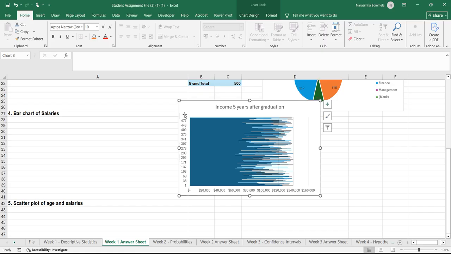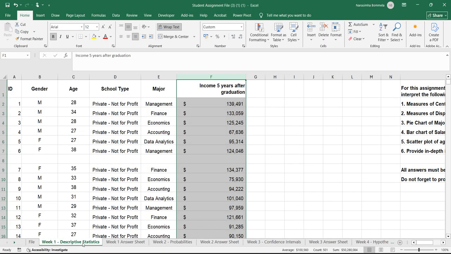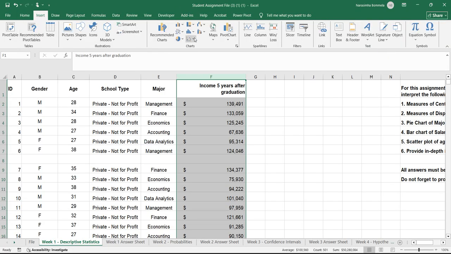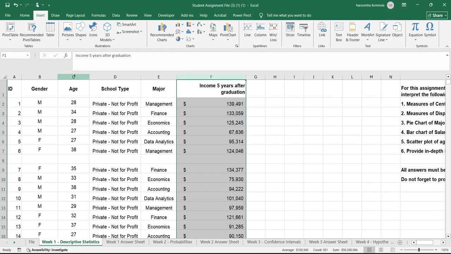So we need to calculate the scatter plot. Just go to Insert, where we have scatter plots. What should we select? We should take two values, age and salary column. Click Control and select both the columns, and